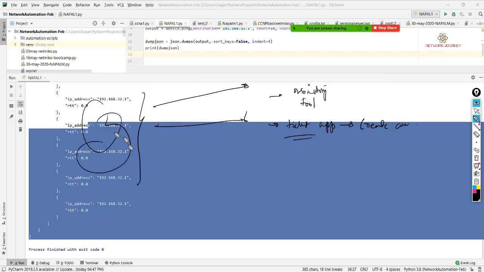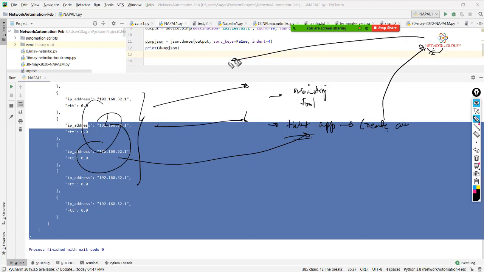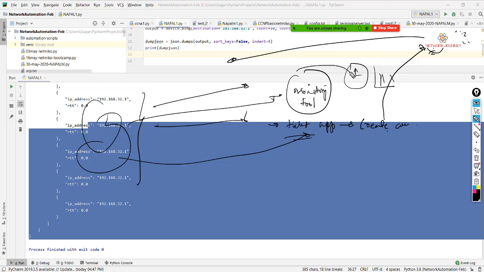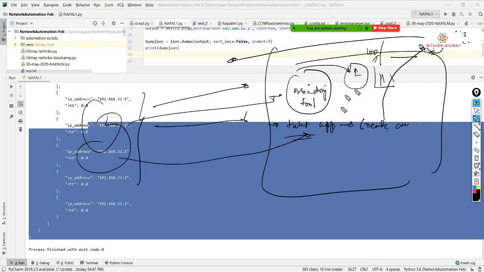Let's say it was a ticketing tool. Based on this output, you create a new ticket. This ticket goes to the L1 team. The L1 team then checks if the box is up or down, and accordingly does the troubleshooting, and then sends it to the L2 team or L3 team for the next steps. Similarly, let's say it was sent to the monitoring tool, and the monitoring tool has a pie chart or graphs where you can see the uptime or the health of the devices. Out of 100 devices, how many devices are up? So you can get the output in various representations.